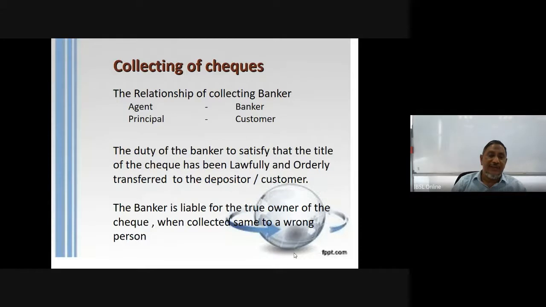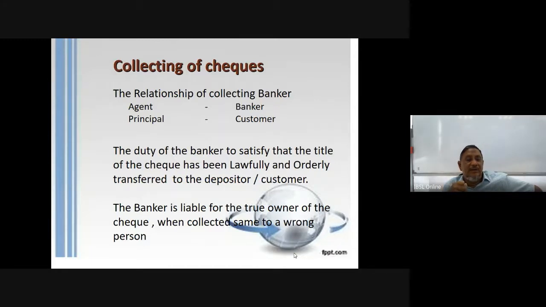The duty of the banker is to satisfy that the title of the check has been lawfully and orderly transferred to the depositor, the customer. The bank is liable to the true owner of the check when it collects the same for a wrong person. Let's see what this is. Duty of the banker to satisfy that the title of the check has been lawfully and orderly transferred. Not ownership, it is the title. Legal ownership has passed orderly to the person or the depositor. Right? Then we discussed later about the depositors who got the check. And the depositor means he's the drawer, he's the beneficiary, or got the check